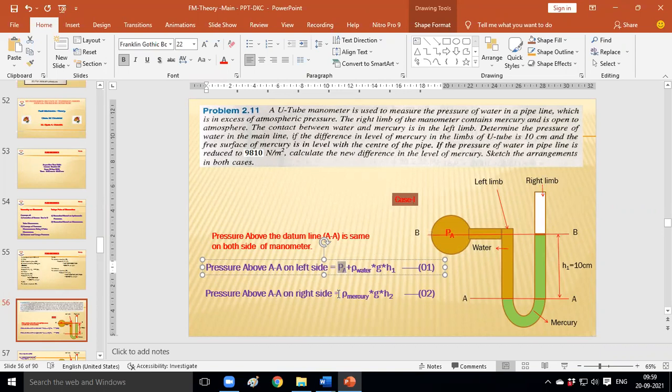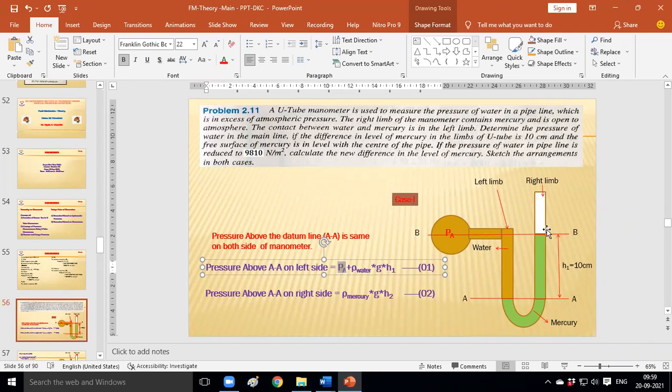Okay, we can call that pressure, but while solving the numerical, we can consider that pressure as 0. We already discussed this. The manometer's right end is open to the atmosphere, and that atmospheric pressure we can call 0 because we do not calculate the absolute pressure. If needed, in the numerical itself we can find out the absolute pressure.